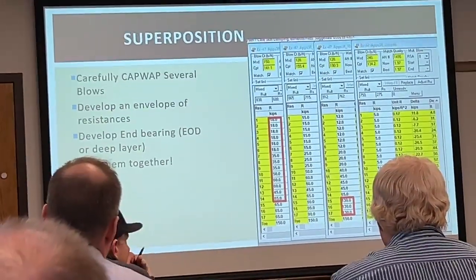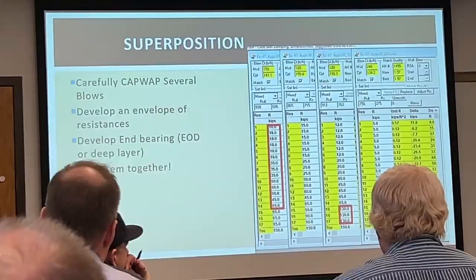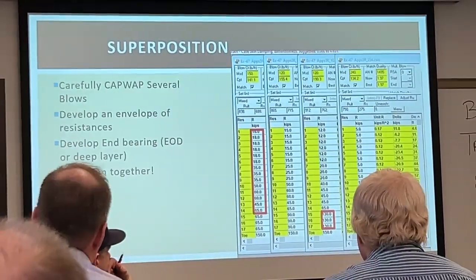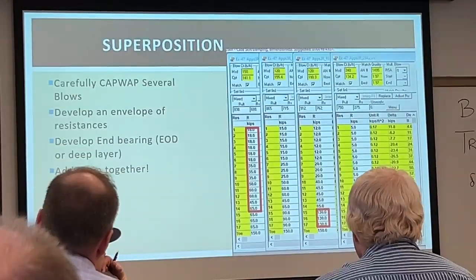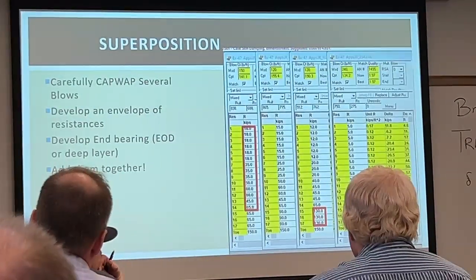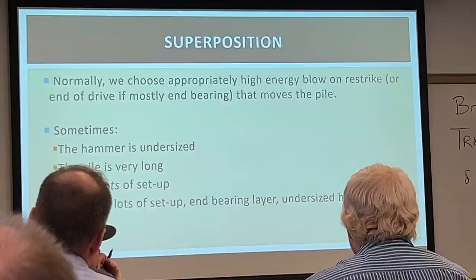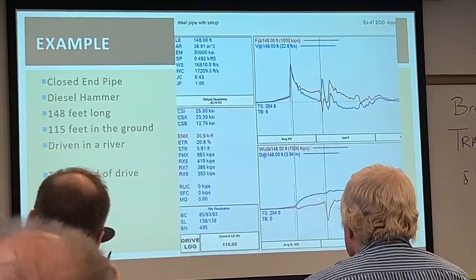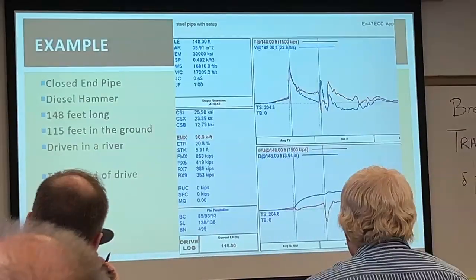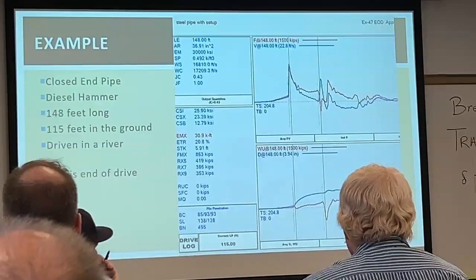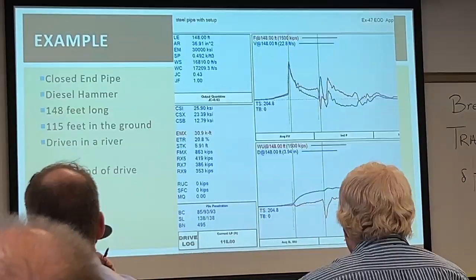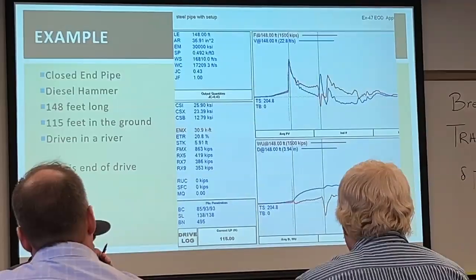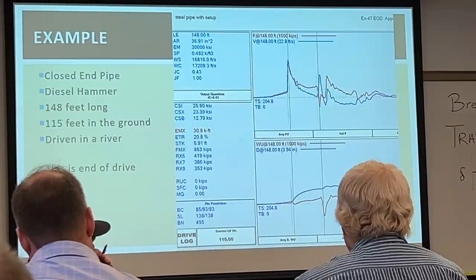Now, is this all that common? Not really, because you need a very specific set of scenarios. What we will often sometimes do is, if we see a refusal blow count at the end of drive, and we didn't think to hang it up, we'll do the cap up on the refusal high end bearing blow count at the end of drive, and if we can come back and do a restrike,